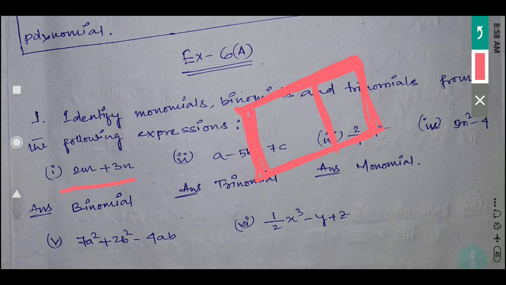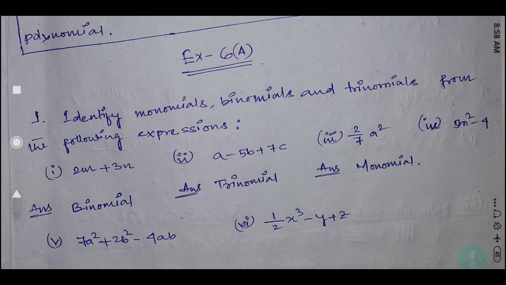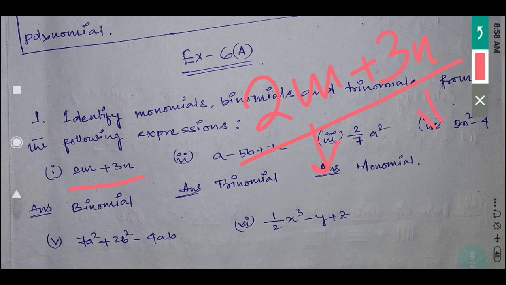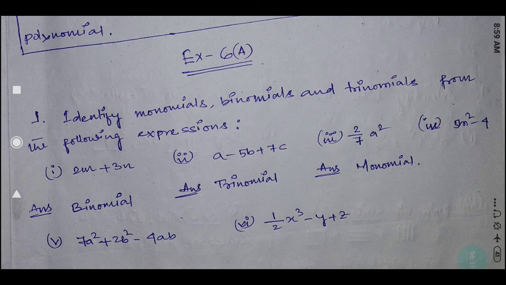If I give one wall, that means how many rooms will be there? 1, 2. That means 2 rooms will be there. Similarly, previously if it is given 2m, 3n, where multiplication is there, we consider it as one term. But if the wall, that is addition in an algebraic expression, is there, then we will consider it separately: this is one, this is another one. Understood? So here how many terms? 2 terms. That means it is binomial.